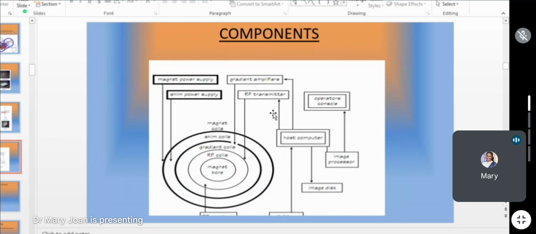So we have seen the components before. There is the magnet and the RF coils, and the gradient coils, shim coils and magnetic coils. And there is power supply to the magnet, power supply to the shim coil, the gradient, and the receiver coils are also there. So the resultant from the RF coil and the resultant from the gradient amplifiers are fed into the host computer, and the operator